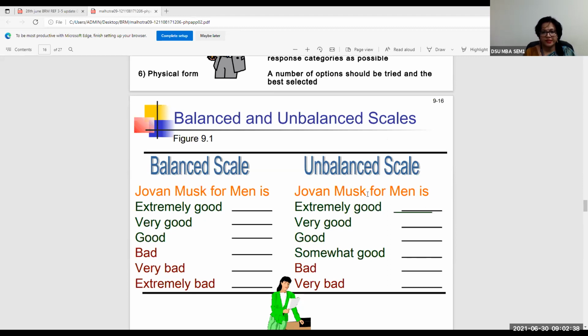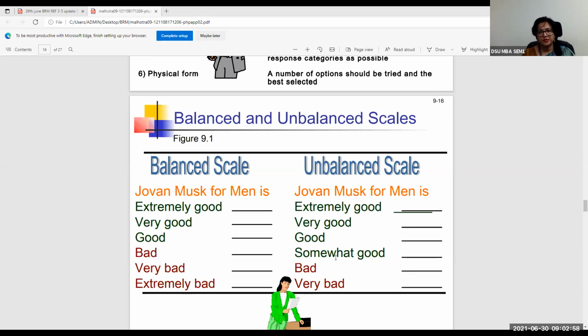For example, on the right hand side, what you see is an unbalanced scale, Jovan Musk for Men, where we have 4 good options, good sentiments to be expressed out of 6, whereas there are only 2 options for the negative sentiment. So extremely good, very good, good, and somewhat good.